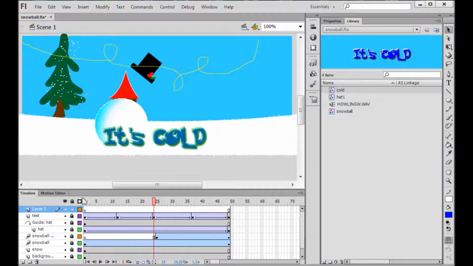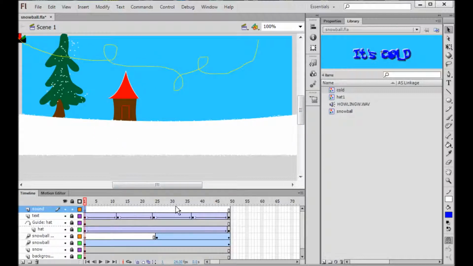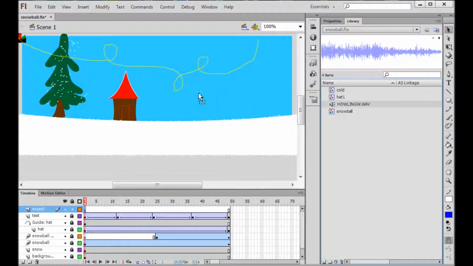Insert a new layer. Sound wants to go on its own layer. So I'm going to double click and name this layer Sound. In order to put the sound into your movie, you have your cursor selected. In frame 1 of that channel, drag and drop sound onto the stage. Ta-da! There's your sound. But when I play my movie, Control Enter,